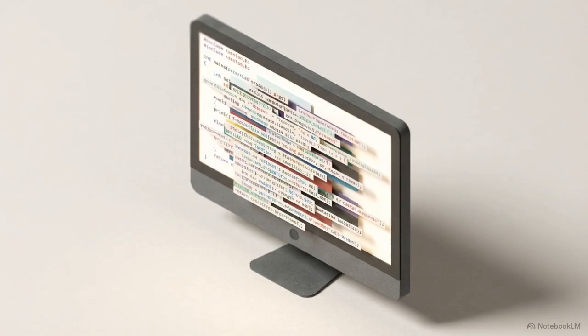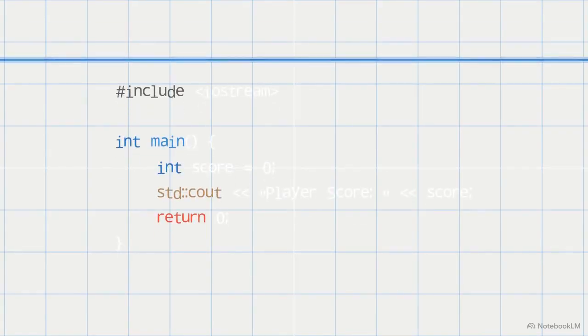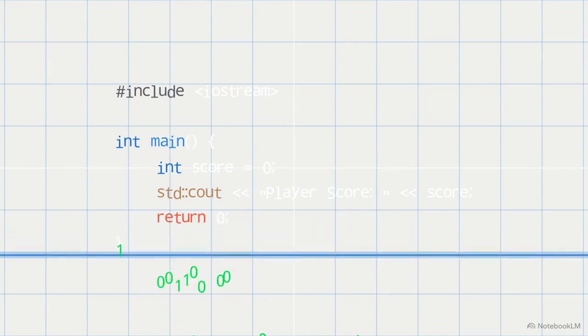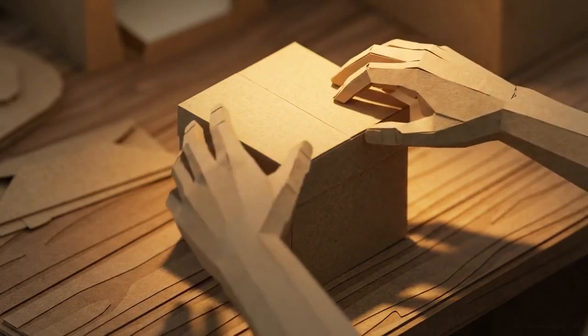Professional coding software might look crowded with text, but those windows are just empty digital rooms waiting for you to start organizing. To start, download a compiler, the tool that translates your code into instructions the computer can understand. Open a fresh project and name your first box. Remember, coding is a skill that is built through